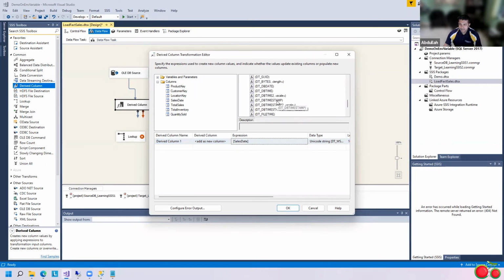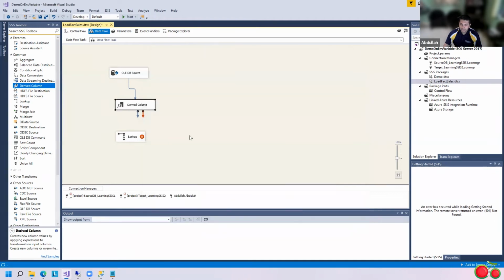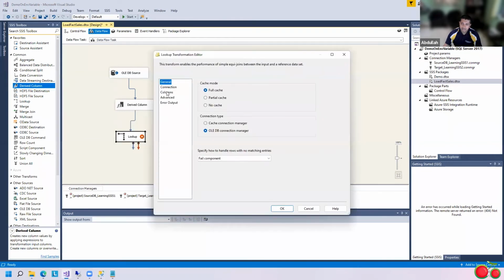So I think it's going to be db date, something like that. So I can pull this over here, and looks like, yeah, database date. Now here in derived column, I can say replace my sales date, and that should do it. So I'm going to click OK, and then join is back together again, and go to the same spot where